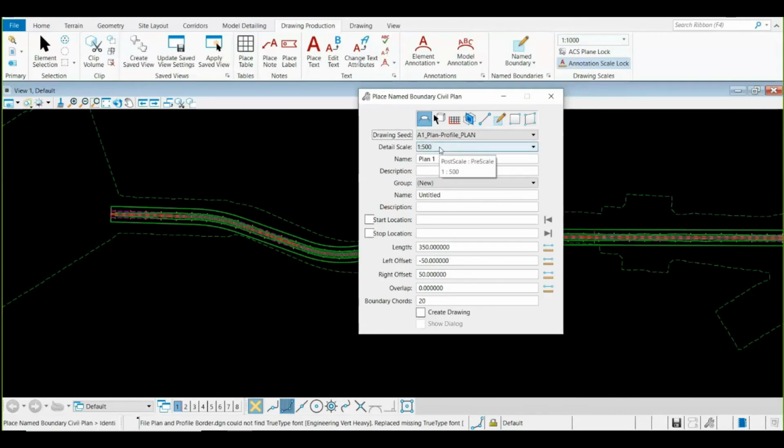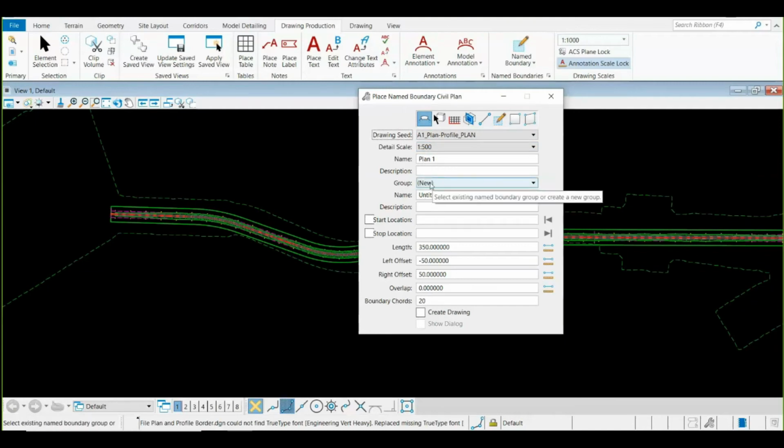So let me explain the attributes as well. You need to set your scale also to get your things correctly visible, like annotations and everything on your sheet. So this is a default scale, which is the main scale, or the governing scale. The name boundary scale is your governing, and you need to give a name to your plan section, plan boundaries, and then you can simply type or copy the name into description right over here.